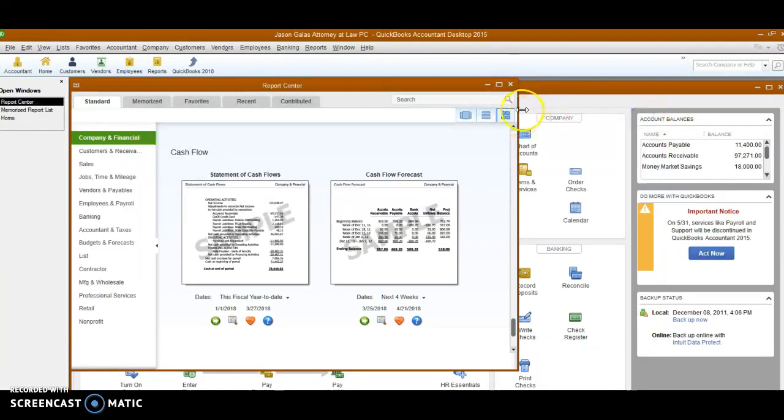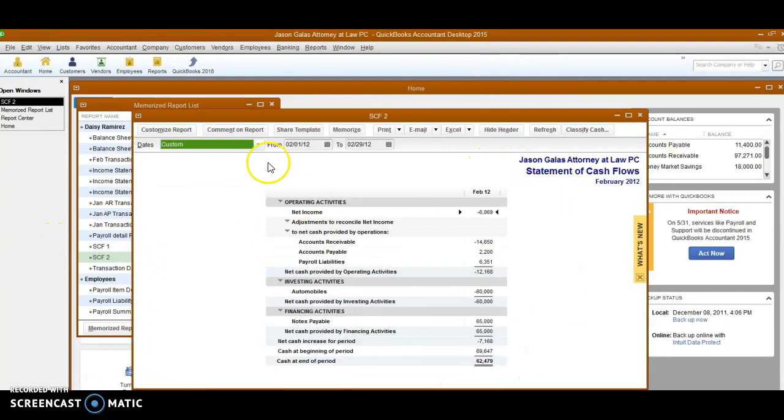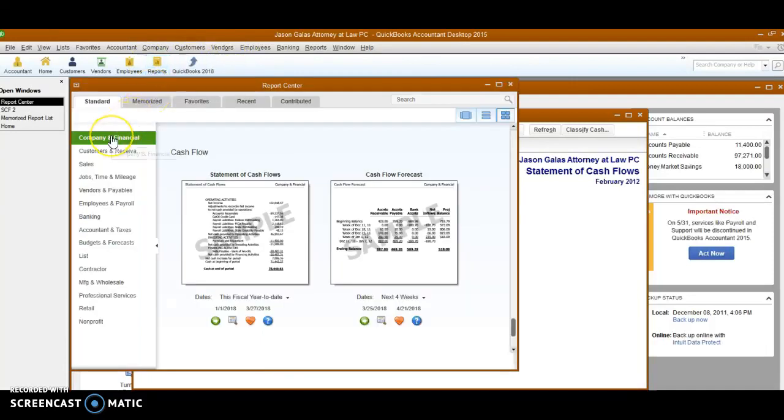Requirement 2, prepare a new statement of cash flows for the period of February 1st through February 29th of 2012. I have already done this. And I did this by going to the icon bar, selecting Reports, Company and Financial, scroll all the way down, double click Statement of Cash Flows,